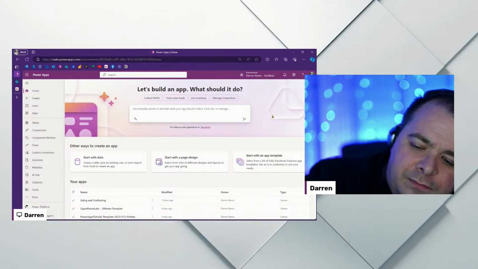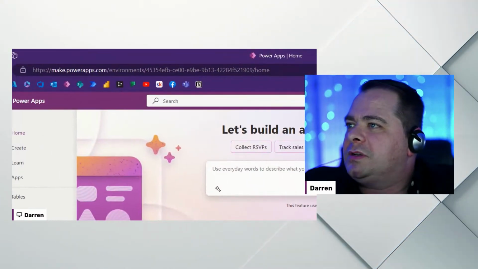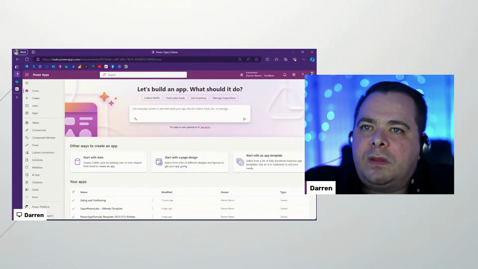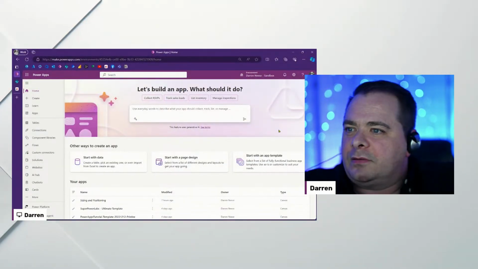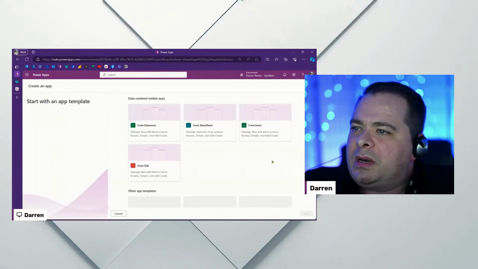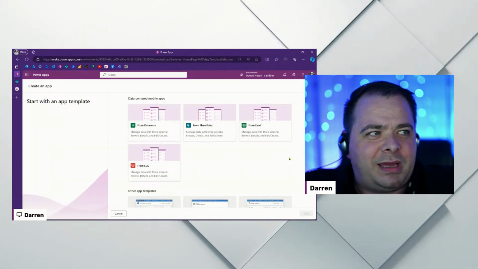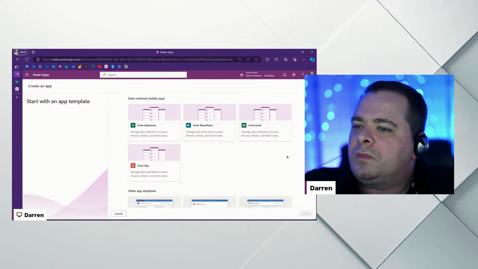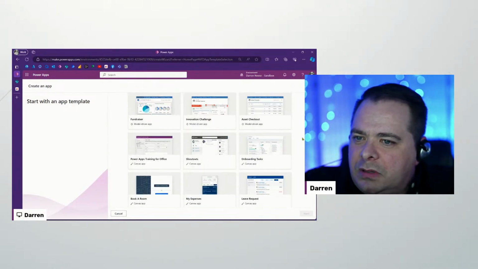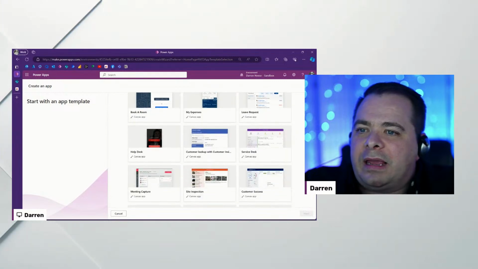And if I use my Zoom It tool, which is a free tool from Microsoft, make.powerapps.com. Okay. You log on with your M365 account. There's an option here called Start with an App Template. So I'm going to click on that and show you these application templates if you're not already familiar with them. Now, I actually don't recommend using any of these for production. I recommend these for getting ideas for,